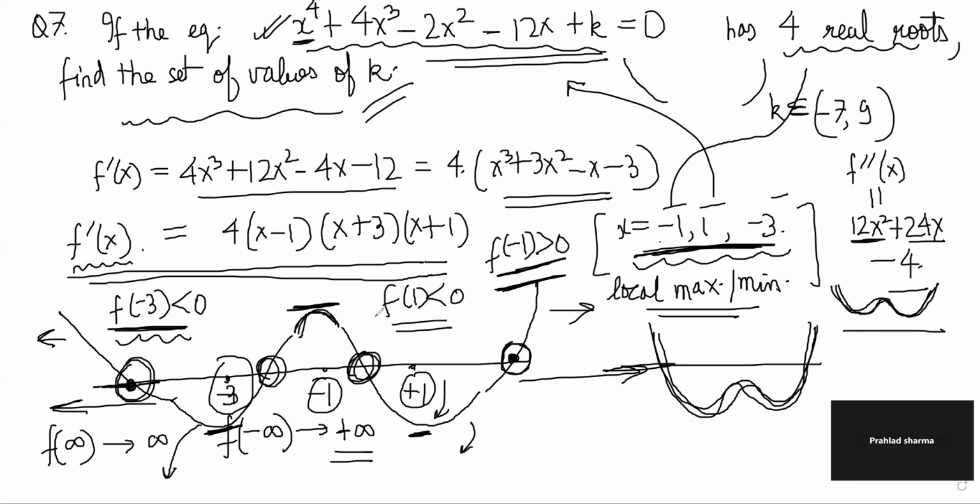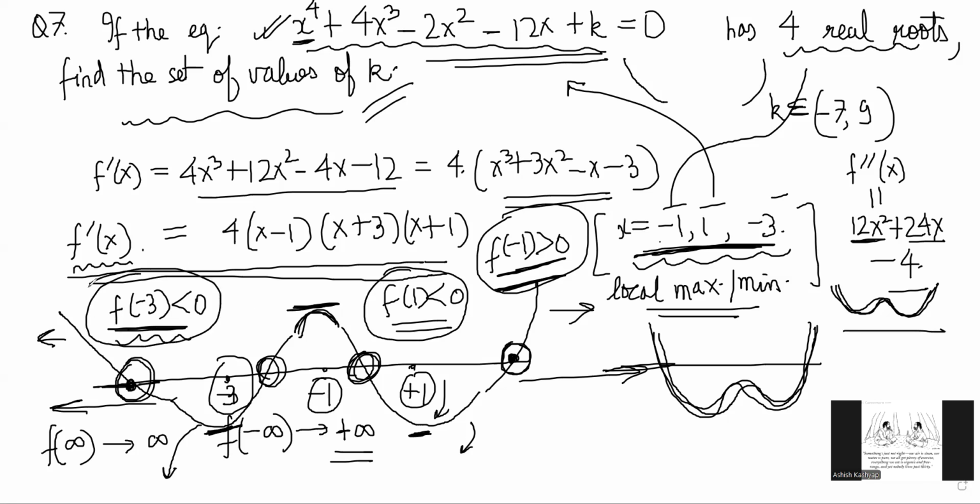I hope it is clear to everyone what is happening here. If you check these 3 conditions, you will get the relevant range of k for 4 real roots. Is it clear to everyone? Okay, fine. The next problem is p of x is given as x power 4 plus ax cube plus bx square plus cx plus d such that